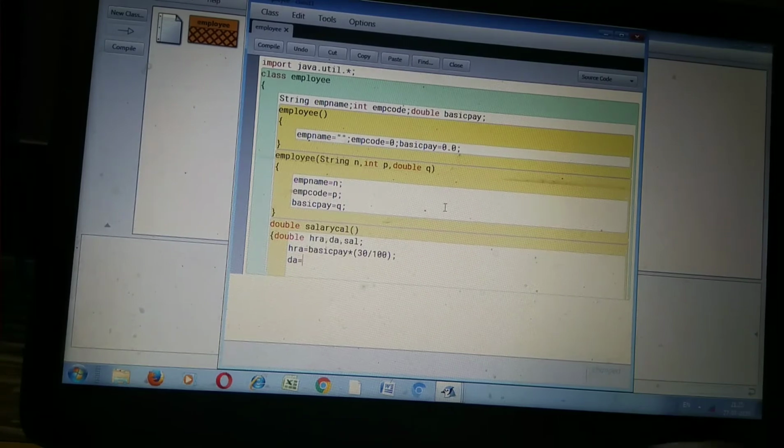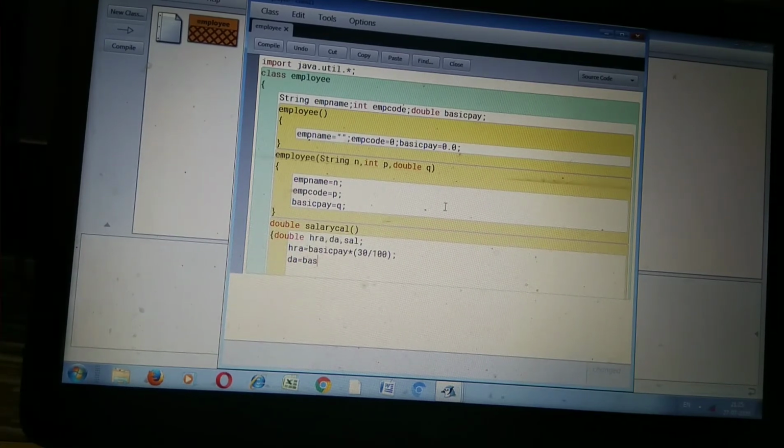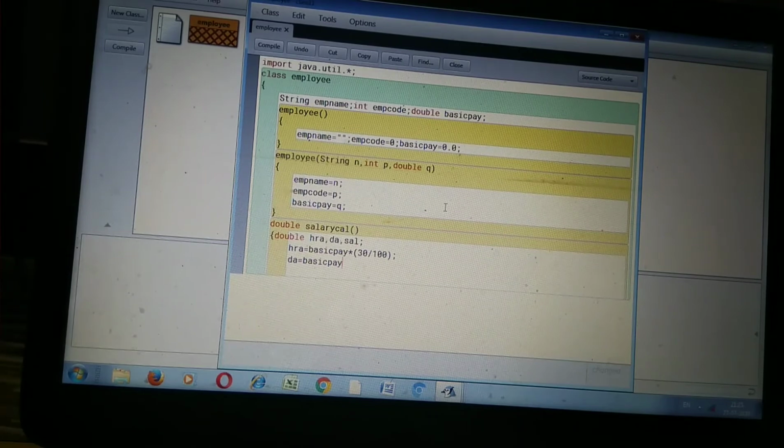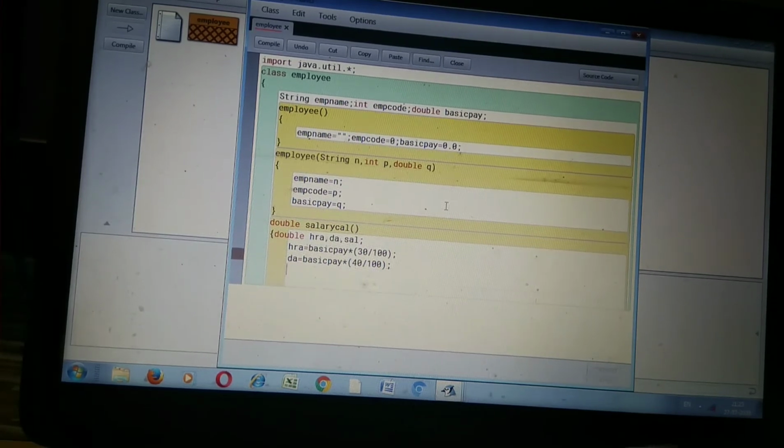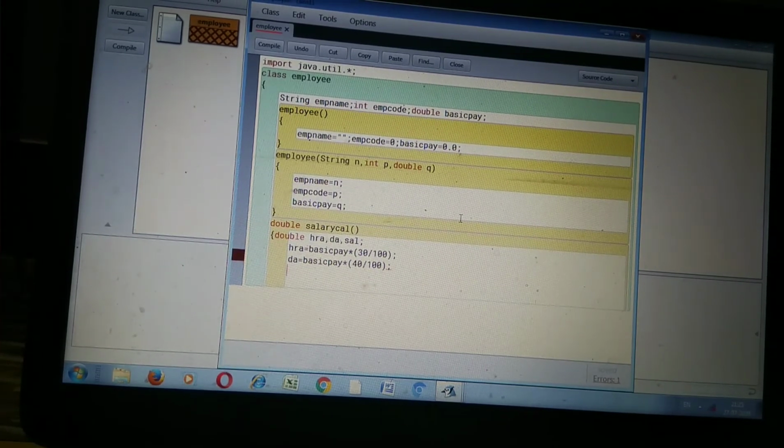Next is the DA. DA is equal to basicPay into 40%, so 40 upon 100. Semicolon. Next is the salary.